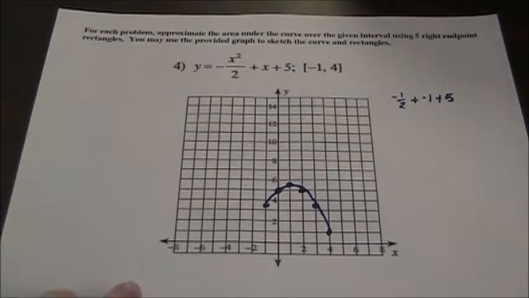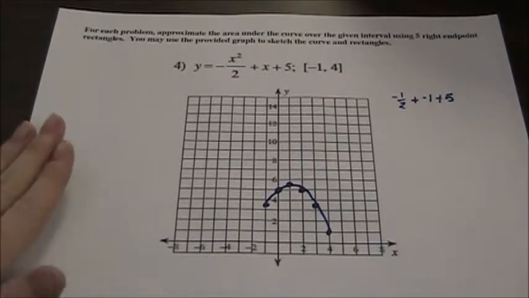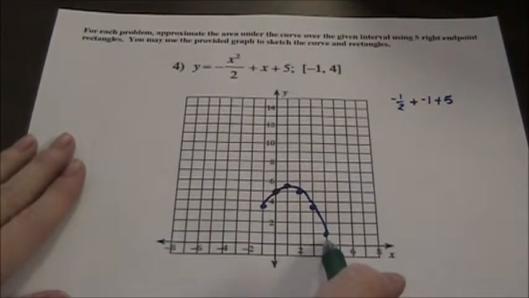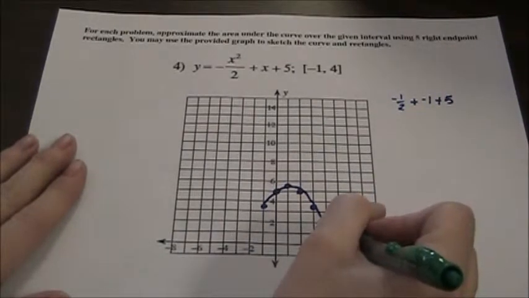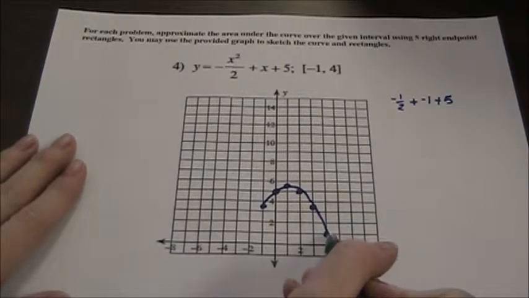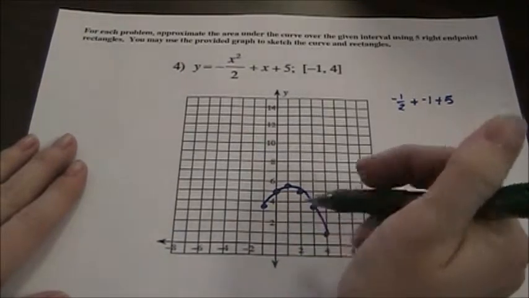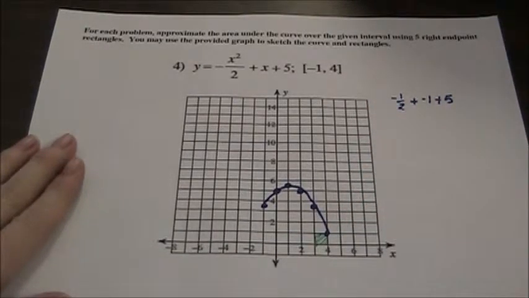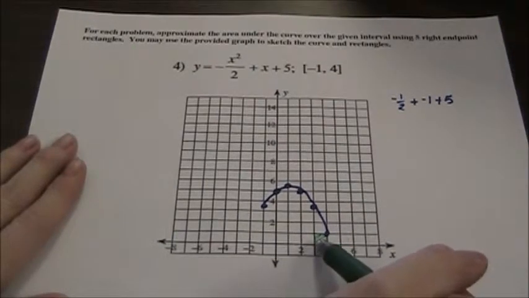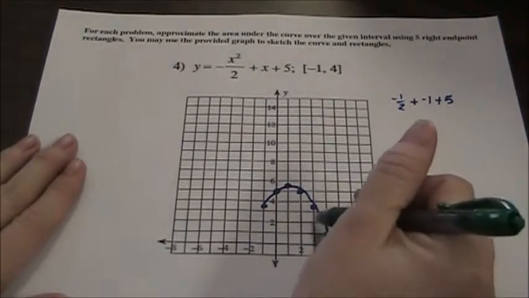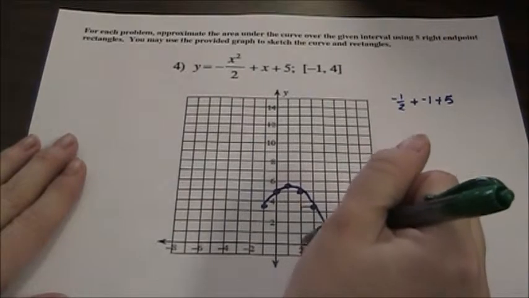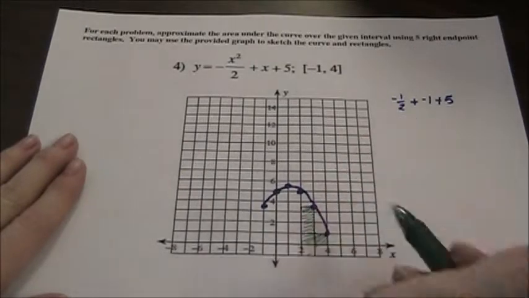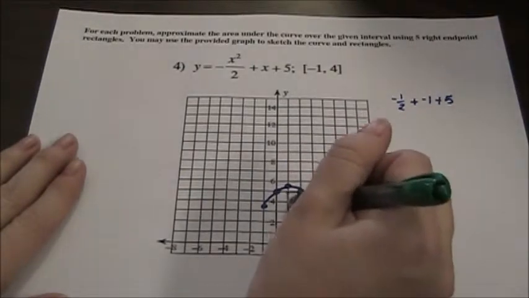So I'm going to connect on the right, and in order to sketch them, I'm going to start on the right hand side of my interval, which is 4. I'm going to go up to the curve, and that's where my rectangle will attach to the curve, and then over to the left and down. So my first rectangle is here. And then I'm going to continue that method, so that would be at x equals 3, over, down, so that would be my next rectangle, and so forth,